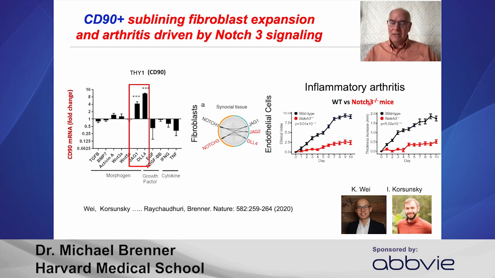we delete Notch 3 or use a blocking antibody to Notch 3, would that abrogate arthritis in mouse models of inflammatory arthritis? And that's what's shown here in the Notch 3 deleted mouse. Arthritis is very significantly abrogated. Okay, so we've got sublining fibroblasts, highly inflammatory, their differentiation driven by Notch signaling, and that can be important in